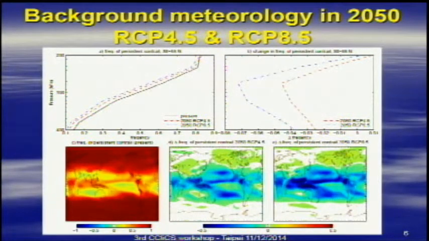And here's just plotting. The top panels are the temperature in the mid-latitudes in the northern hemisphere. The black line is the current condition, RCP 4.5 is the red, and RCP 8.5 is the blue. It's basically showing that in the future, in 2050, based on RCP 8.5, the temperature will be warmer, so the frequency of the two conditions being met will be lower, so you get fewer contrails if you use the future background meteorology based on RCP 8.5. Basically, that's what the top panels are showing.